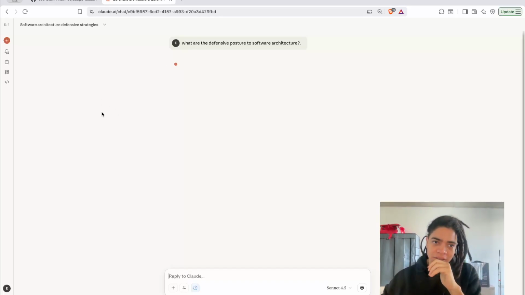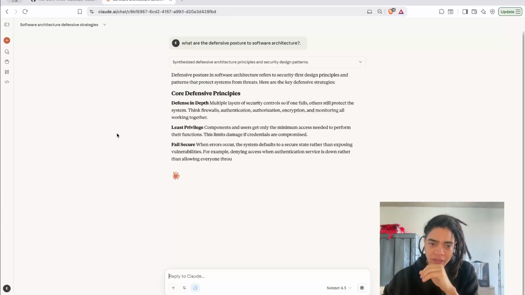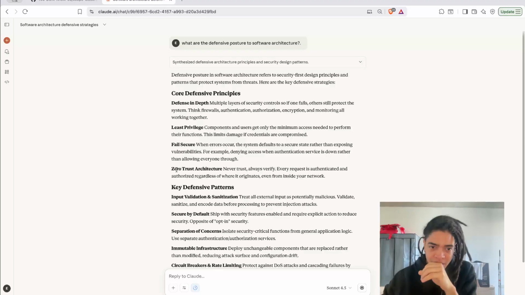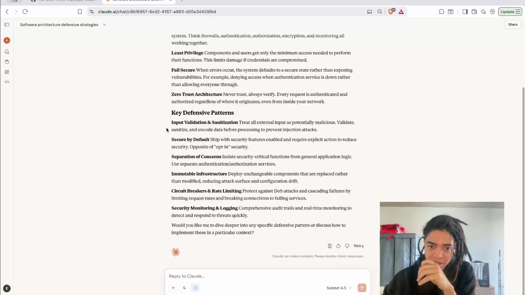Yep, yes it is. What are the defense postures to software architecture? Defense in depth, least privilege, fail secure, and zero trust architecture. Key defense patterns: input validation and sanitization, secure by default, separation of concerns, immutable infrastructure,